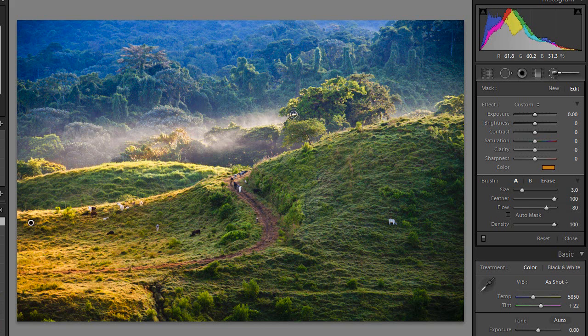It's going to look a little weird right now, but you'll see once I bring the orange color down, you'll see the result. Even on the road here, a little bit. On the top of these bushes here, just a little bit of an orangey glow. Wherever the sun is hitting, on this mount here, down here. I'm doing this pretty fast here. I would usually zoom in at 100% and go slowly and with a bit more detail, but for the purpose of this video, it's just to give you an idea of how to use the tools in Lightroom to enhance